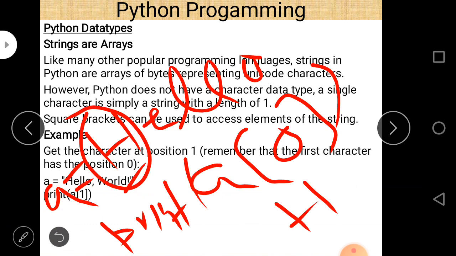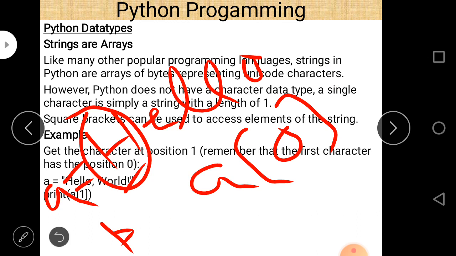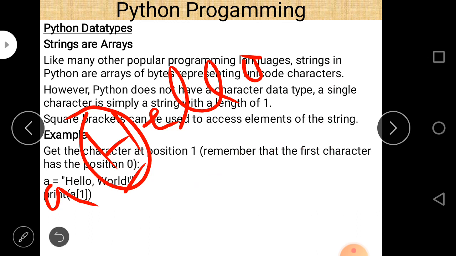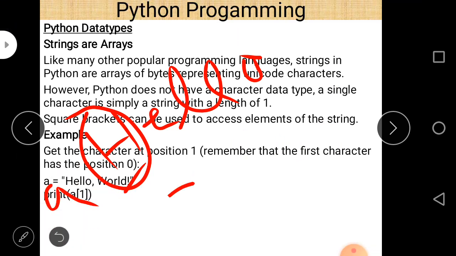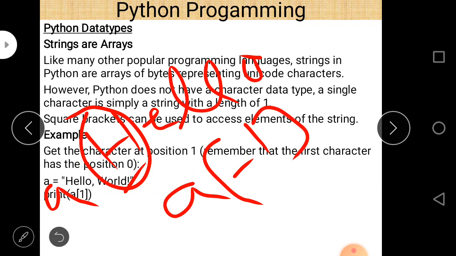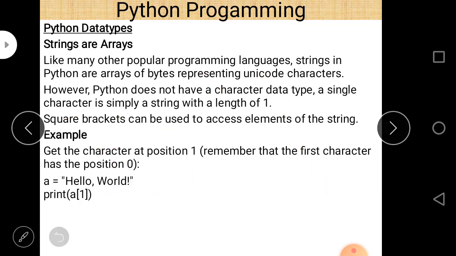That is the logic behind this. Also, if you write A[-1], then o will be printed because -1 starts from here. This is written as get the character at position 1, remember that the first character is at position 0.